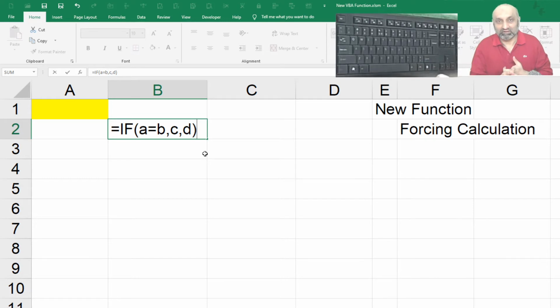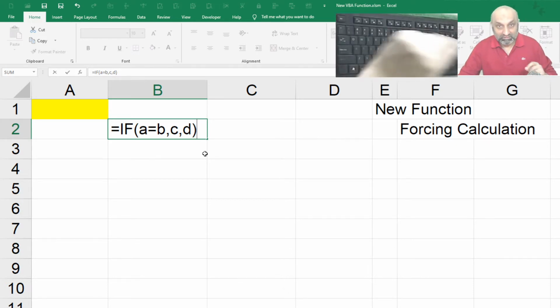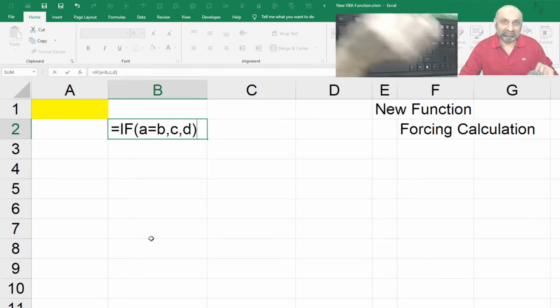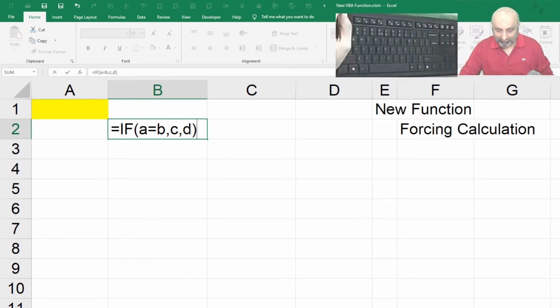Either it is if, SUMIF, VLOOKUP, HLOOKUP, any other, subtotals, all follow this principle: a name of the function, brackets, and within the brackets the parameters are separated by commas. So keeping this concept in mind, let's move forward.